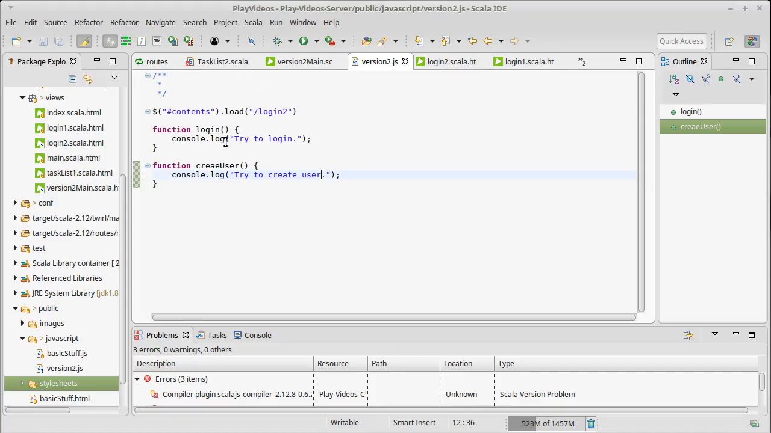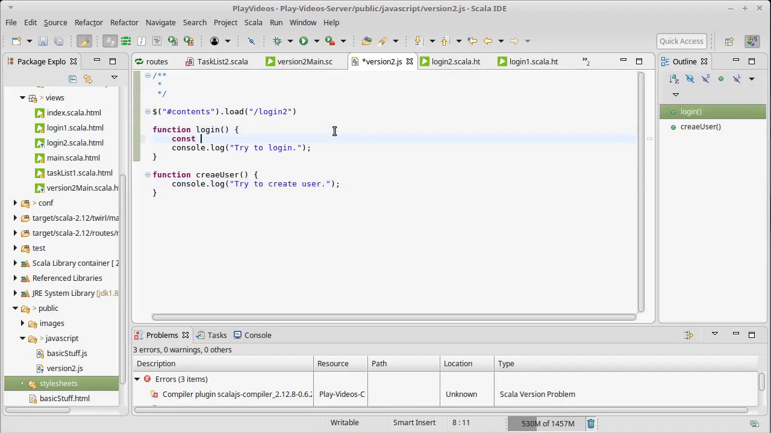So what needs to happen inside of here? Well, by default we have that one user Mark in our memory-based data model. That's still the only data model that we have. We're not adding databases yet. That will come later. So what this needs to do is it needs to get the values. So const username equals, and if I continue to use jQuery here, I should be able to say login name dot val,